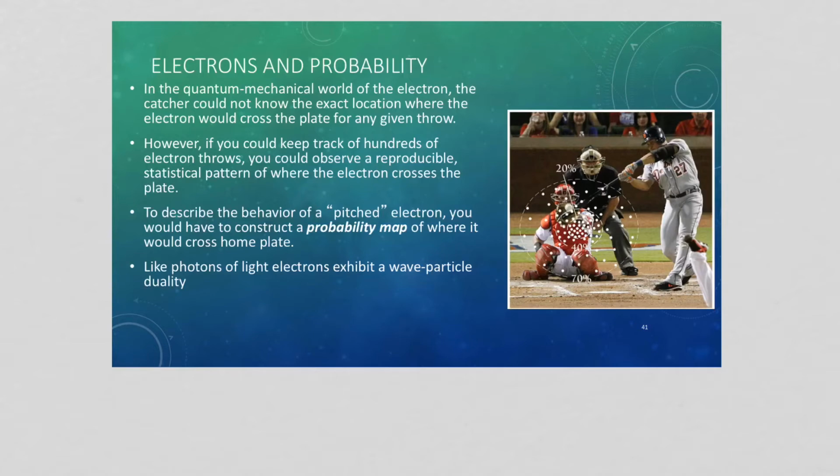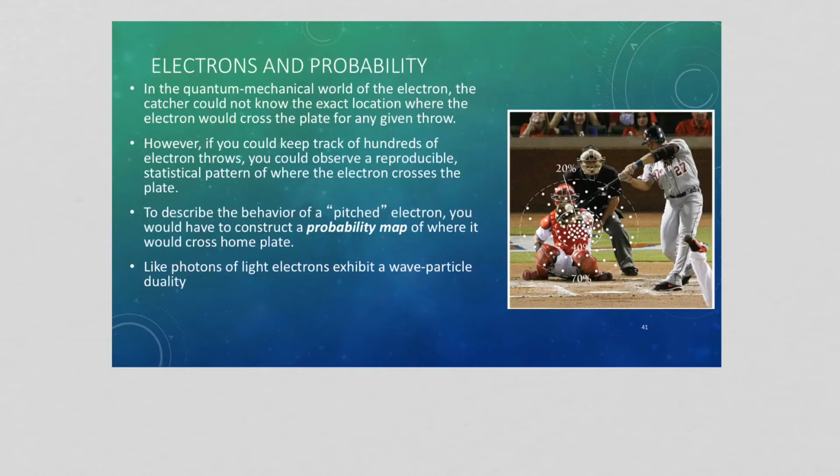However, if we were pitching quantum particles, right, we cannot predict their path, right? They don't function that way. And so in a quantum mechanical world, the catcher would not know the exact location, right? Or we couldn't predict the exact location where the electron would cross the plate, where it would be at that particular time. So if we had a camera that could take the picture of electrons as we pitched them or threw them across the plate, right? And we could capture where they crossed the plate,